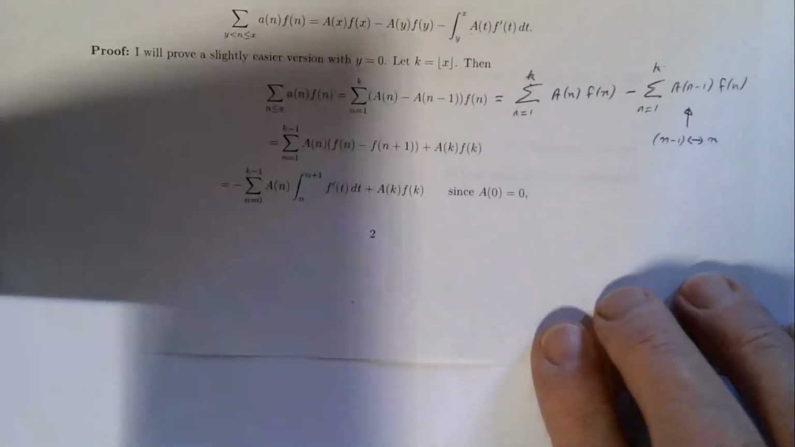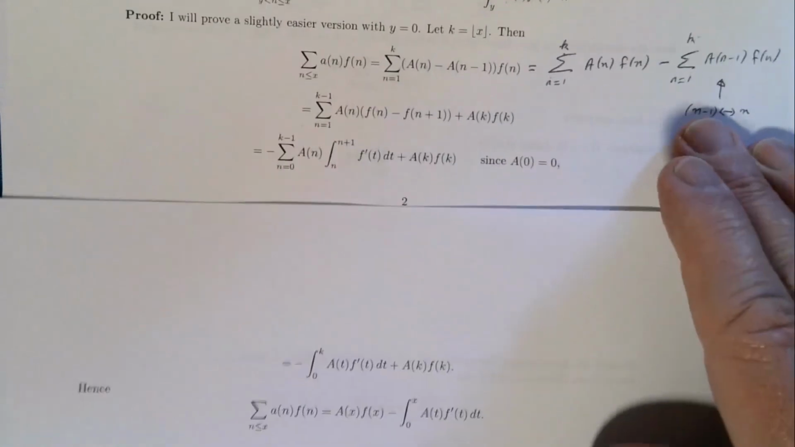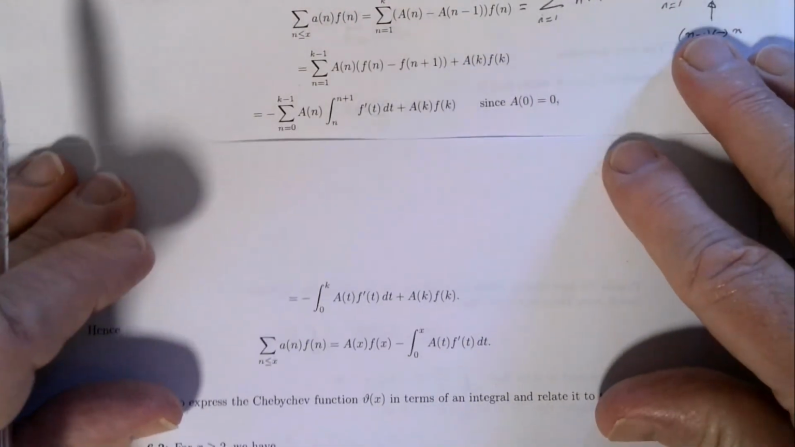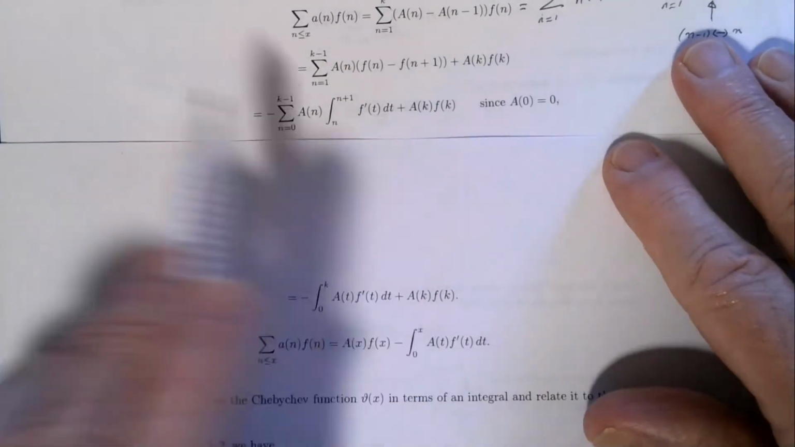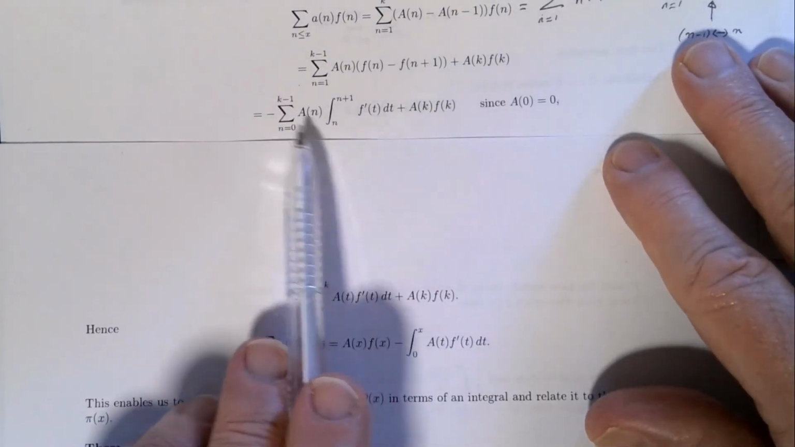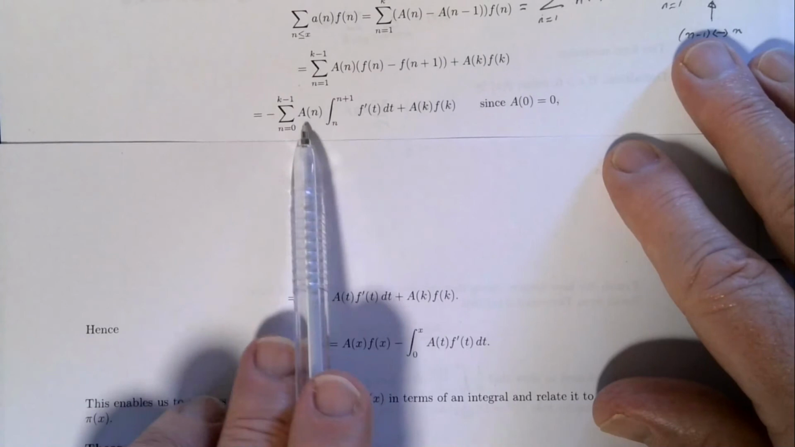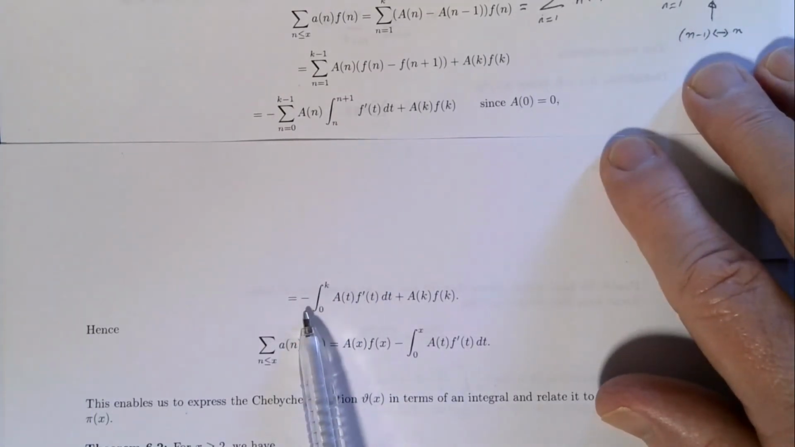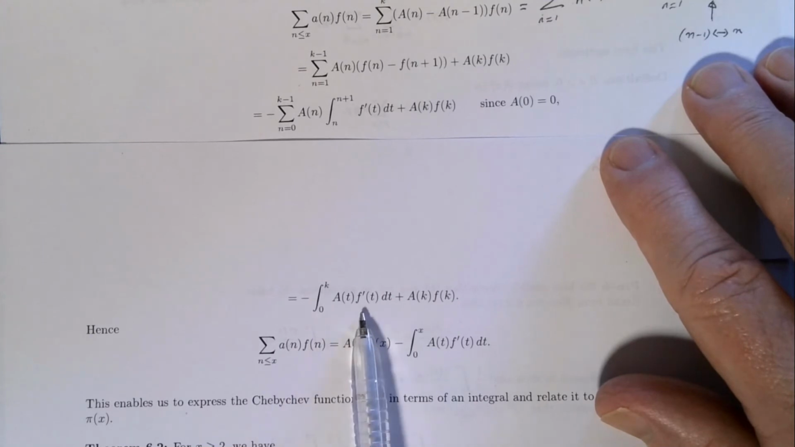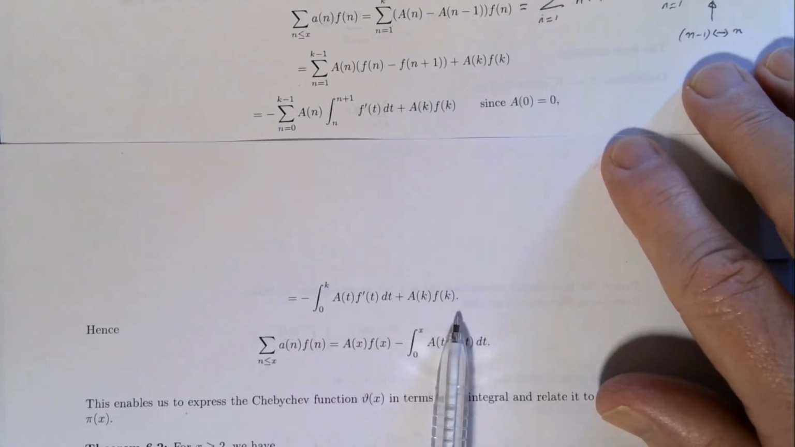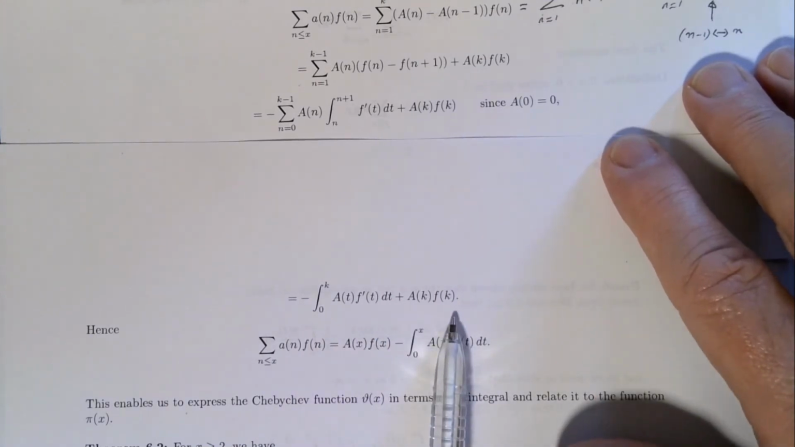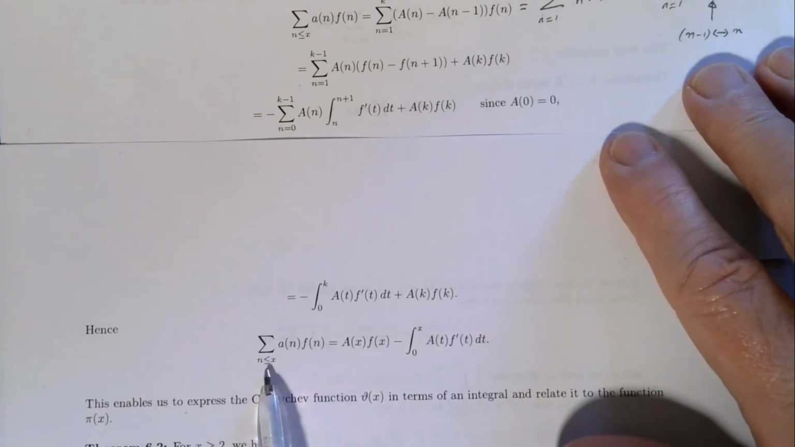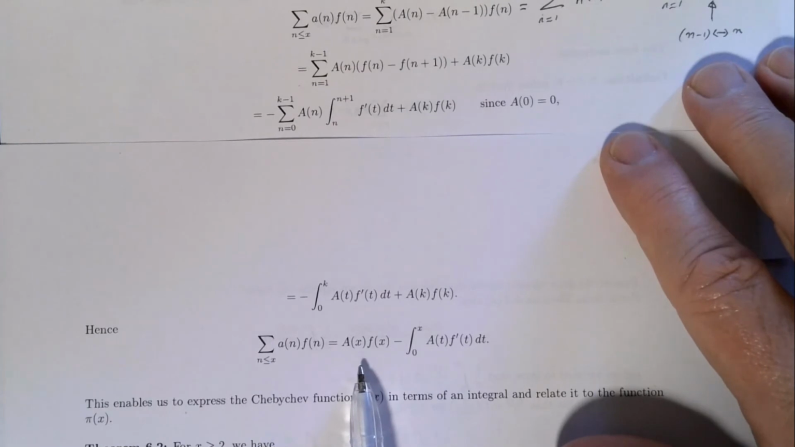Finally then I can write that last expression as minus. I can now take the sum of these integrals and take this term inside. So I now get the integral from 0 to k of a(t) f'(t) dt plus this last one. And finally then, writing down what we've got, this sum that we started with is